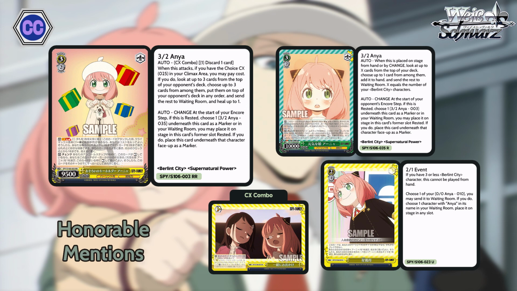Another honorable mention we have is the level 3 double R Anya in yellow. The same equivalent level 3 combo to the Yor and the Twilight from earlier. 9500 base, climax combo with the choice. When this attacks, you can pay 1, discard a card to look at the top 3 cards of your opponent's